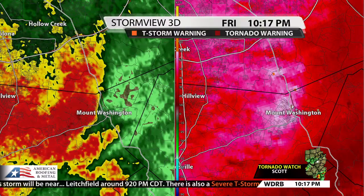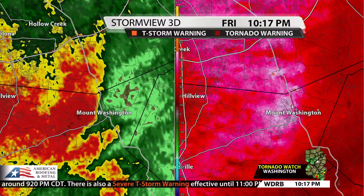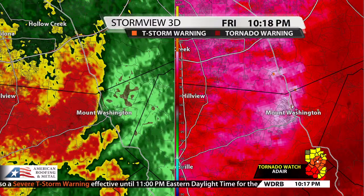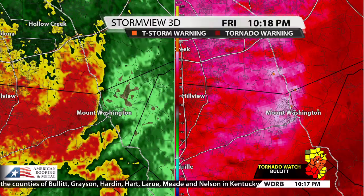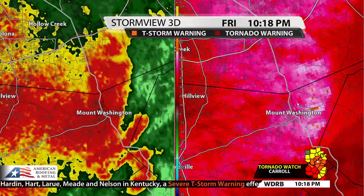Absolutely, 100%. And we say that knowing that this is really going to mess up your weekend. I mean, you don't want trees down, power out to kick off your Friday night. But this is just the way it's going to go. And unfortunately, these storms are packing a serious wind punch. Thankfully, we've transitioned out of that tornado threat, but this is really becoming a serious wind threat, and these winds